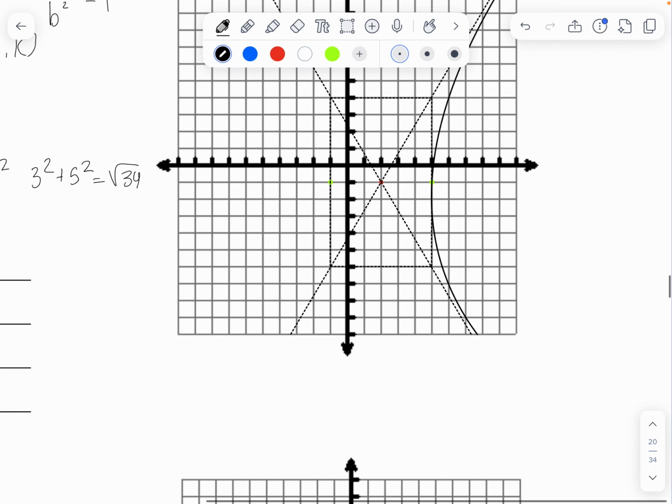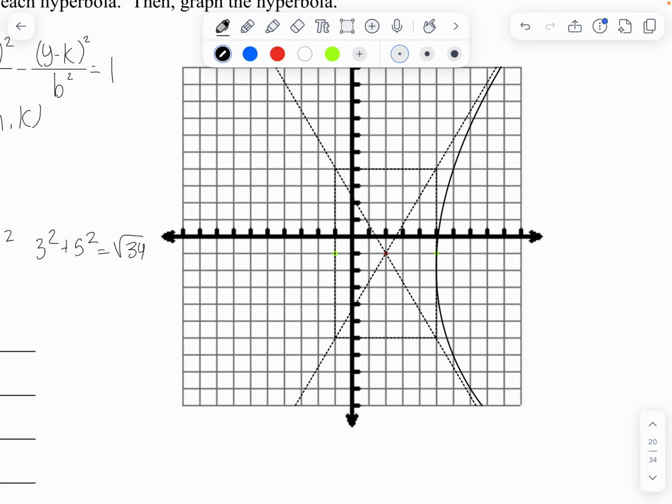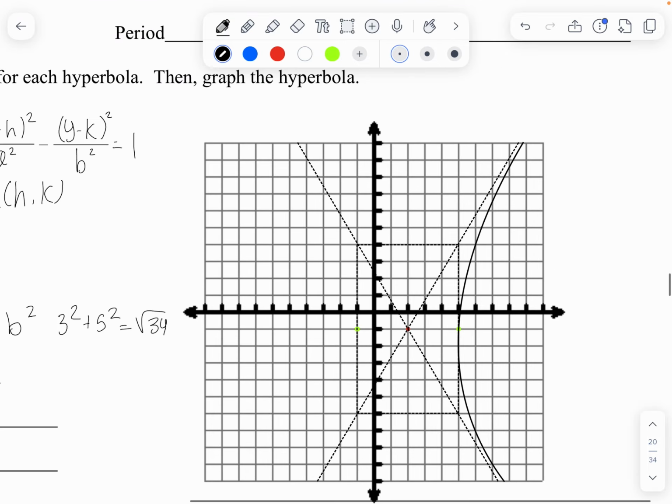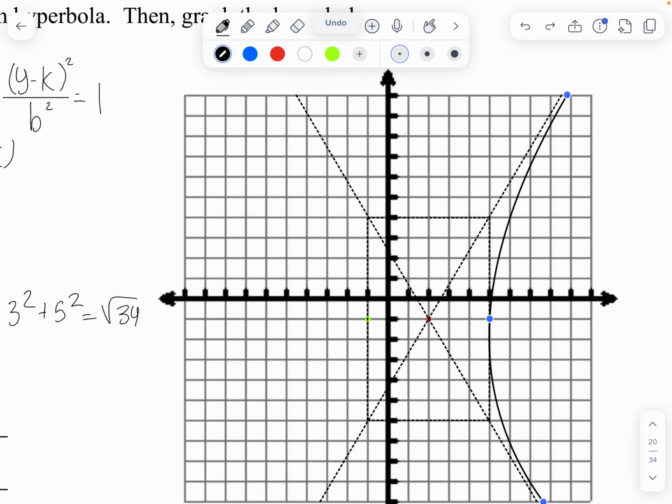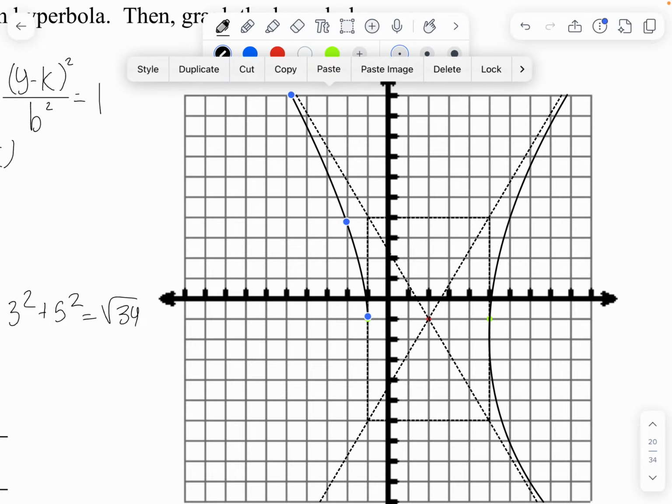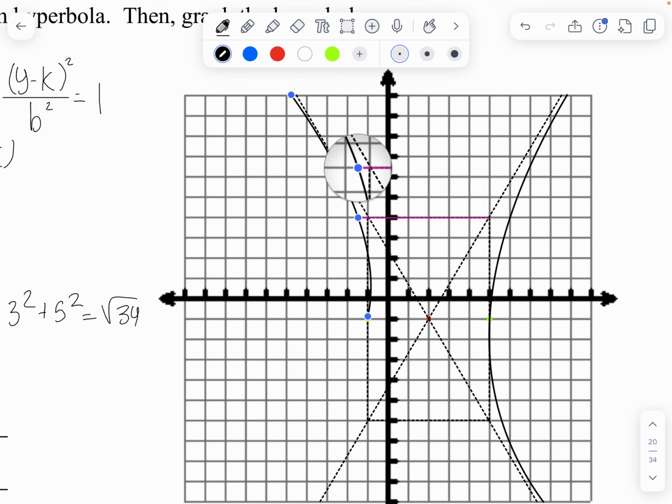And that is our one side of the hyperbola. Time for the other. Yeah, so this method of doing one side